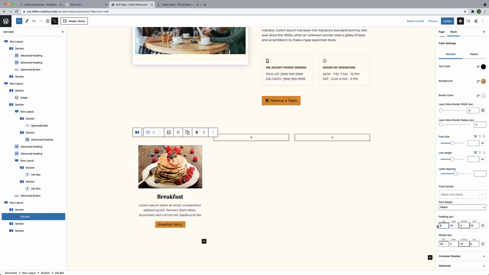Maybe we can also increase this top padding and bottom padding. We'll just double that up. Okay, and that looks good. It looks like a pretty nice button there. So now that we've done this,